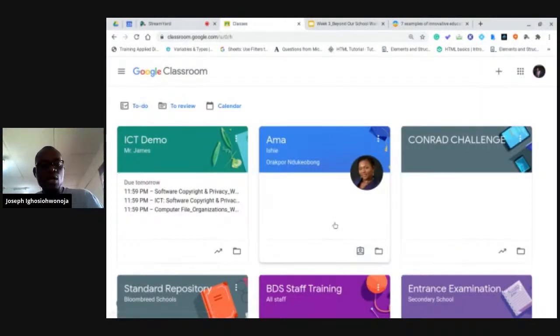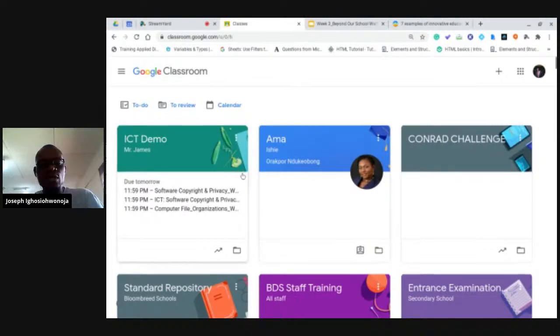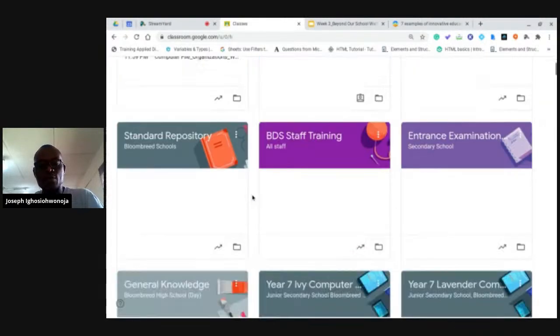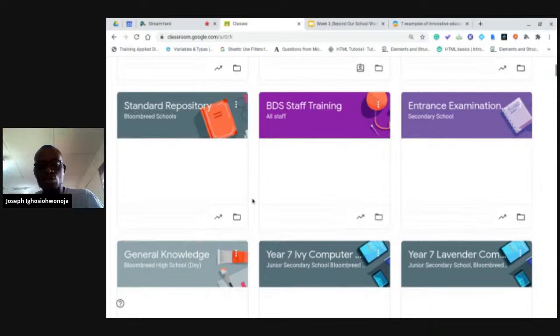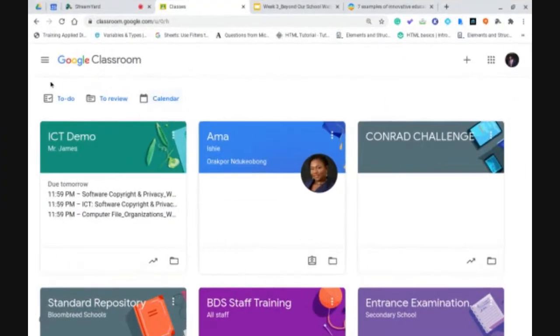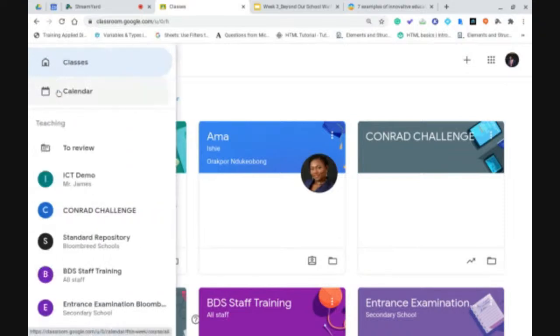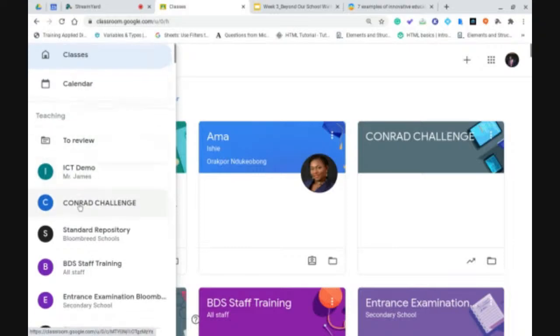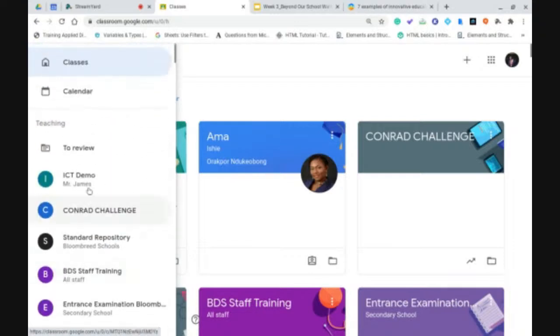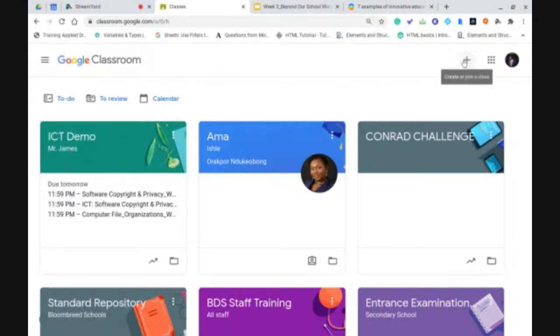Here is my Google Classroom homepage. On my Google Classroom homepage, you can see the various classes I have created or classes that I have joined as a teacher. To the top left, you have the main menu that you can use to navigate to various sections of Google Classroom. All the classes you have created or joined as a teacher or student are there. To create a classroom, you go to the top